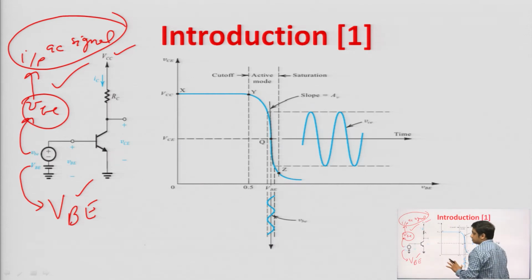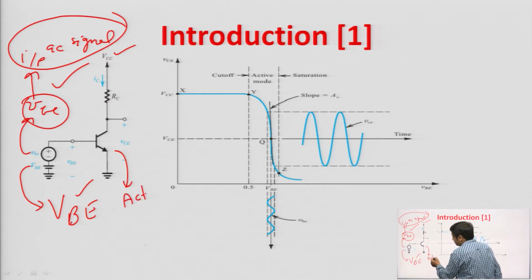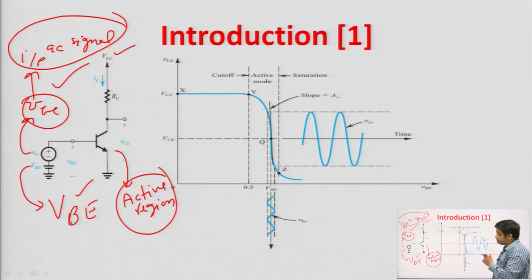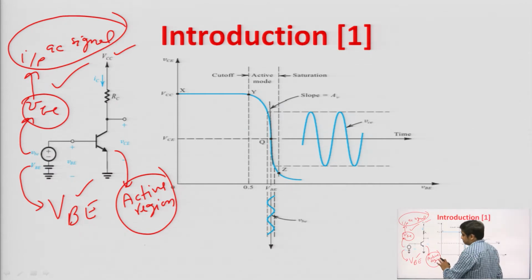To make sure that your BJT is in the active region, because we know that a BJT works as an amplifier in the active region. So, we need to ensure that this BJT is in the active region. For that, the bias voltage given to the BJT should be properly set, and the signal to be amplified, that is small v_be, is the input AC signal, fine.